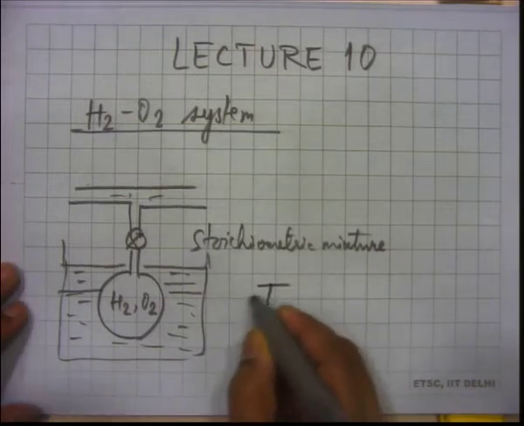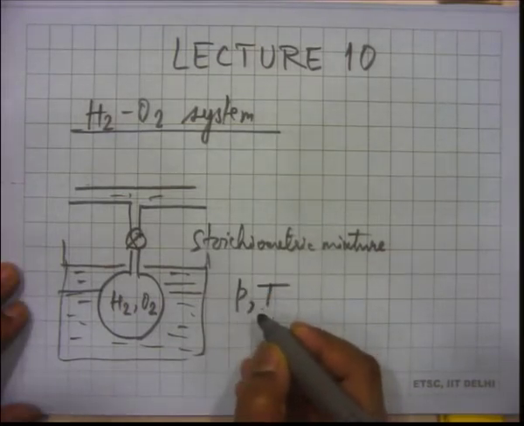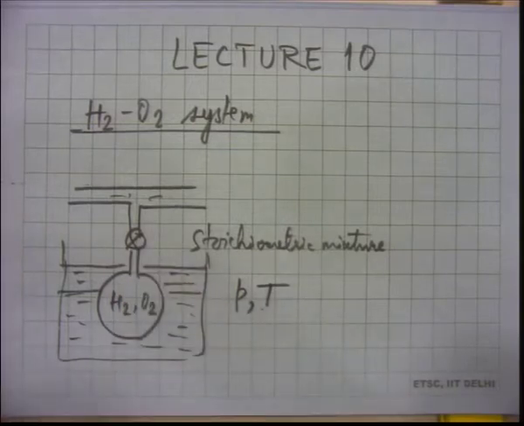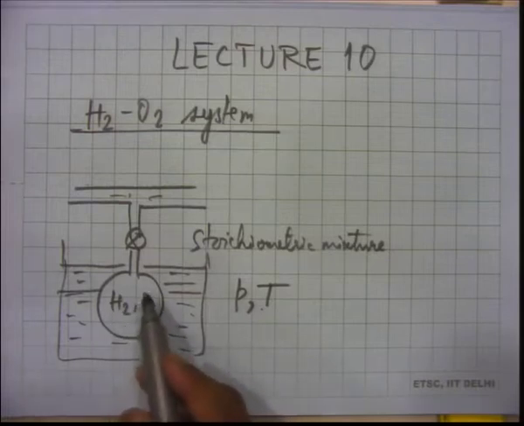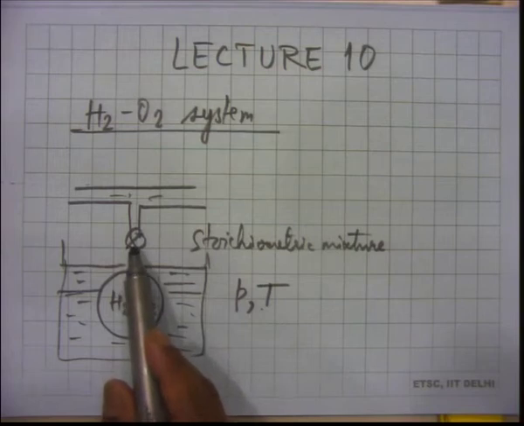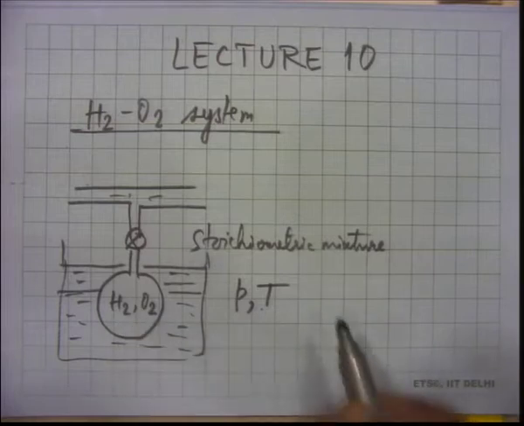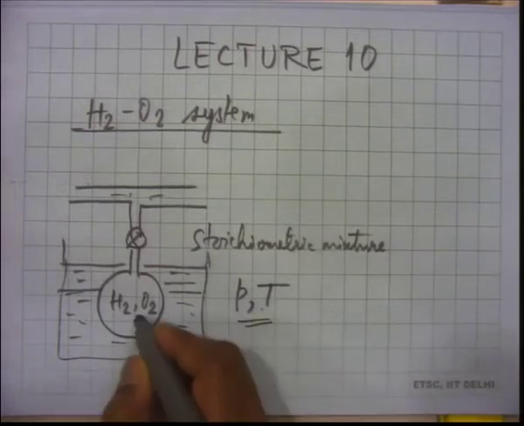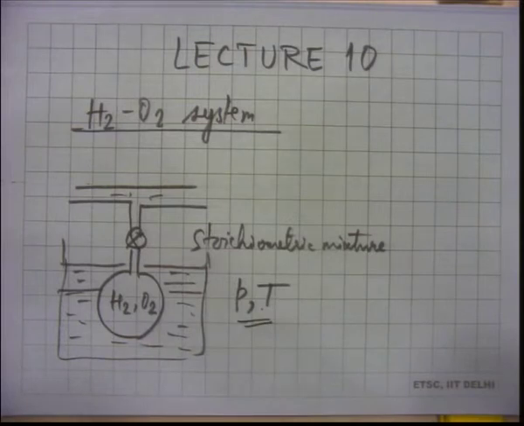So, there is some temperature, and also we can set a pressure, because depending on how long we keep the valve open and when we close it, we can build up some pressure inside this. So, there is some pressure and temperature at which this vessel can be charged with a mixture of hydrogen and oxygen in stoichiometric proportion. It does not have to be stoichiometric, but we take this example when hydrogen and oxygen is filled in the spherical vessel here in stoichiometric proportions.